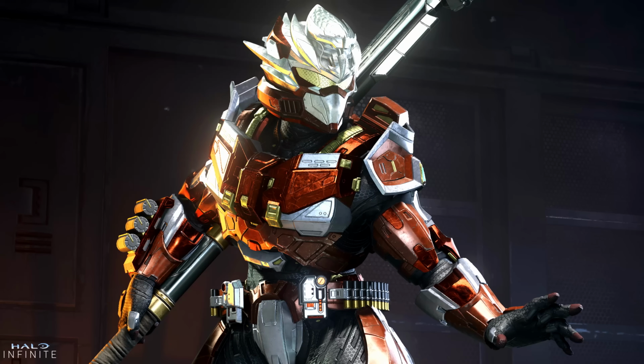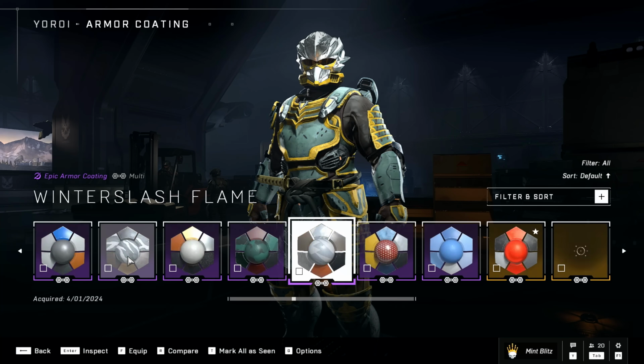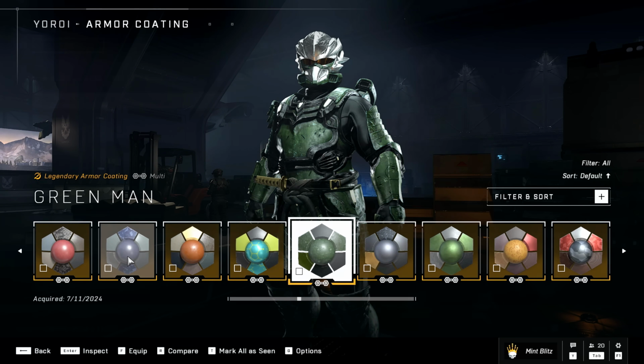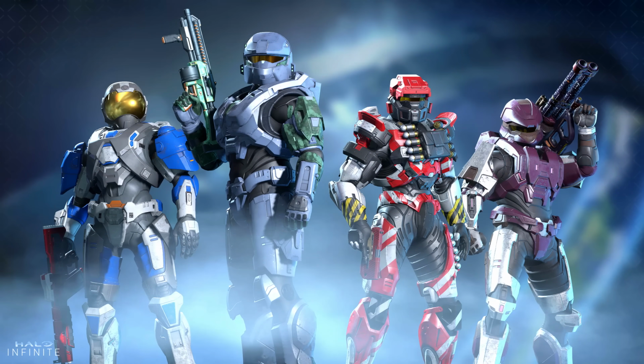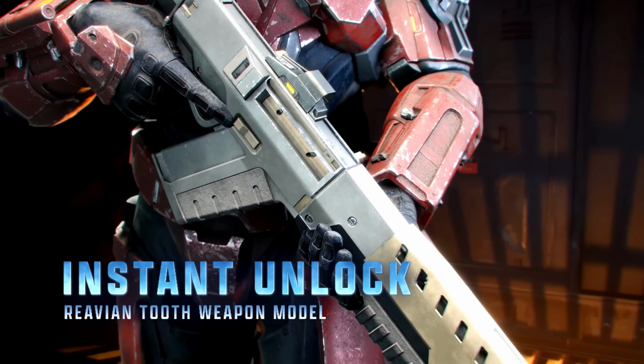In saying that, I love the HAYABUSA armor. I even customized it and went through all of the coatings and picked one I liked. The helmet has an attachment too, which makes it look even cooler, although I did notice, and once I point this out, you'll never be able to unsee it, the helmet looks like the Spartan is about to turn Super Saiyan. The other classic armors look great, they're a faithful rendition of their Halo 3 counterparts,